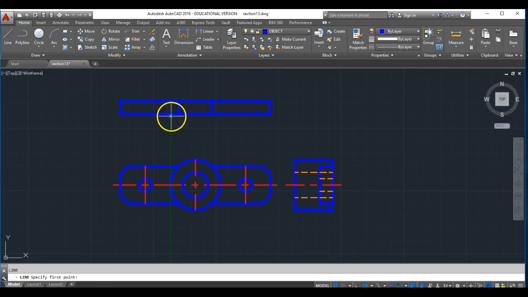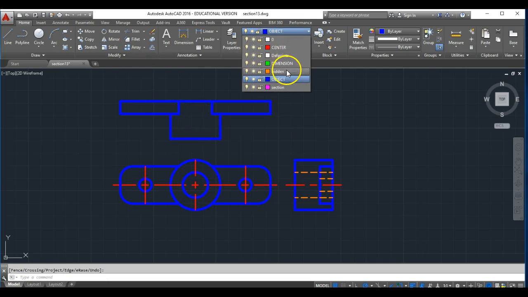And then the circle is going to come the inch out past it. Bring the other side up, connect, trim,